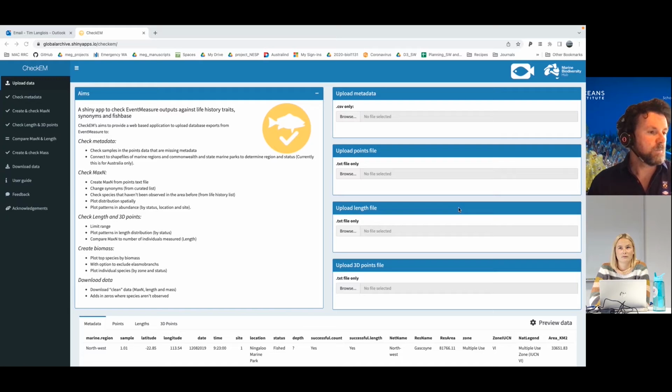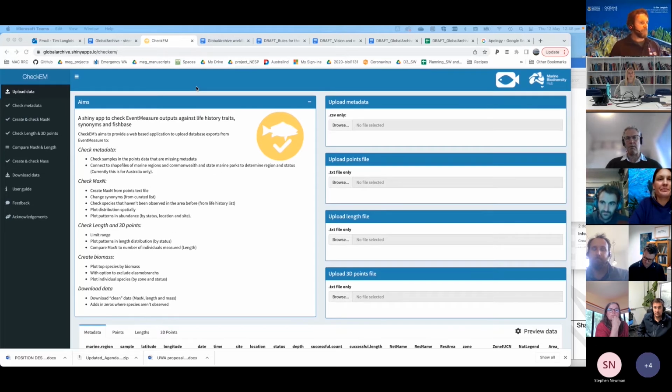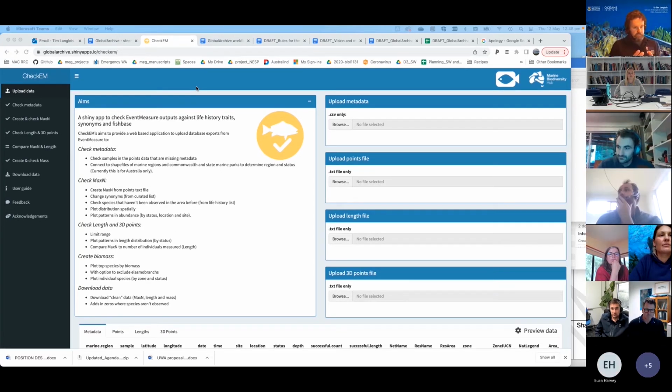So we'll let you go to the clip now and have a look at that, because it's kind of like a live demo. It's a bit more exciting with some actual real research users, like marine park managers and other scientists in the demo, listening and giving feedback and asking questions. And then we'll come back in a second and talk more about the use of this app and the future development of it. Thanks. So as we said in the introduction, in the Australian fish BRUV synthesis work we did,